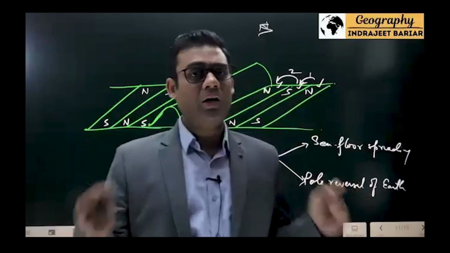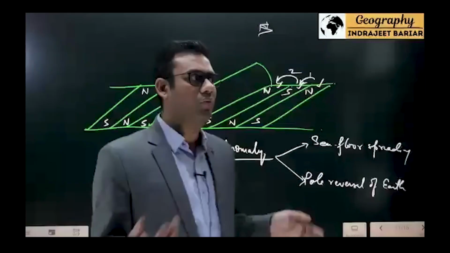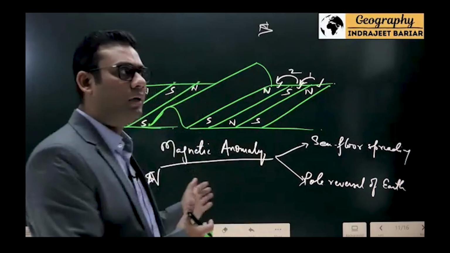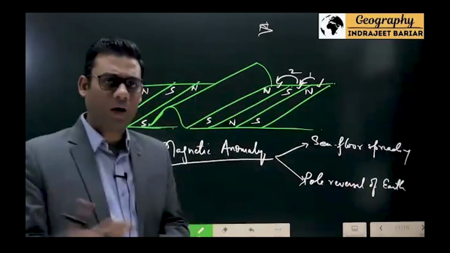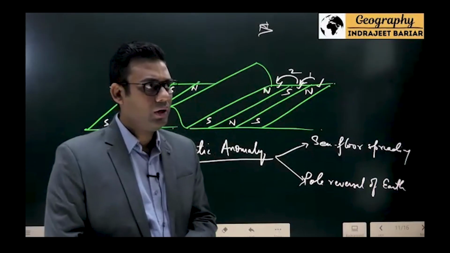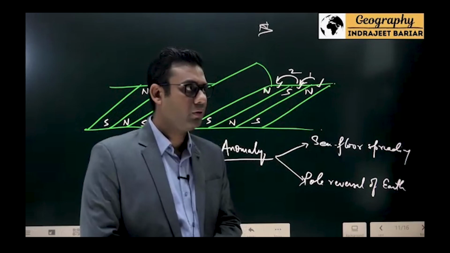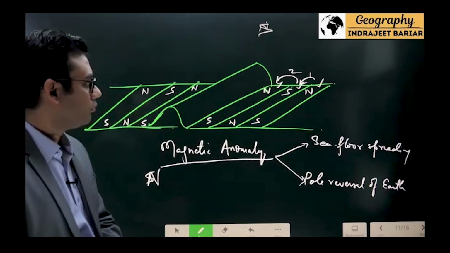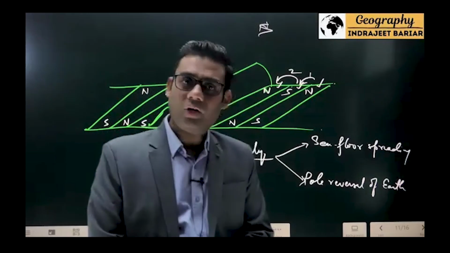ओल्डेस्ट ओशियानिक क्रस्ट कहां मिलना चाहिए मुझे? पैसिफिक ओशन. पैसिफिक ओशियन में, क्योंकि वही प्रिमिटिव या प्रिमिवल पैंथालासा है. बाकी तो बिल्कुल रिसेंट बने हैं, इंडियन ओशियन हो गया या अटलांटिक ओशियन हो गया. तो ये डिराइव्ड फैक्ट है. ठीक है, तो एज ऑफ द क्रस्ट पे आपको क्वेश्चन पूछा जा सकता है, बहुत इंपॉर्टेंट है. Everyone understood this?